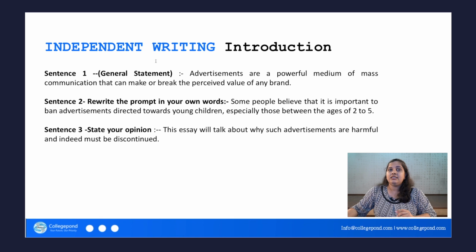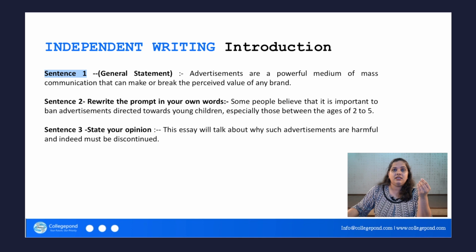When you're looking at the writing task, the independent writing task, the introduction actually is the easiest to write. Everything is given to you right then and there in the question, right? So you could write the first sentence with a general statement. You don't have to be very fancy about it. You don't have to go all general knowledge with this particular thing. You just can write a very, very generic first line just to break the ice. When you have a conversation with someone, don't you think about breaking the ice first, or do you just come to the point? Right? It's the same thing with the essay.